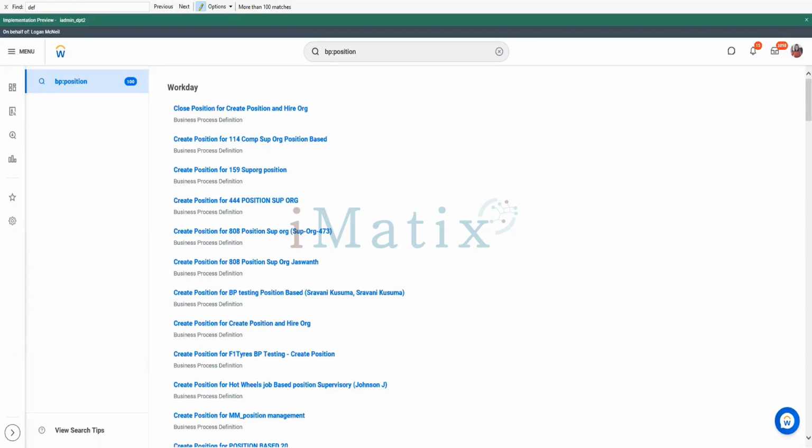If not, I can actually have this process within a supervisor organization and try to see approval execution. If you're not able to find it, I'll assign the same business process to one of the supervisor organizations and create a position and see how the approval step can be configured. If that works for you,